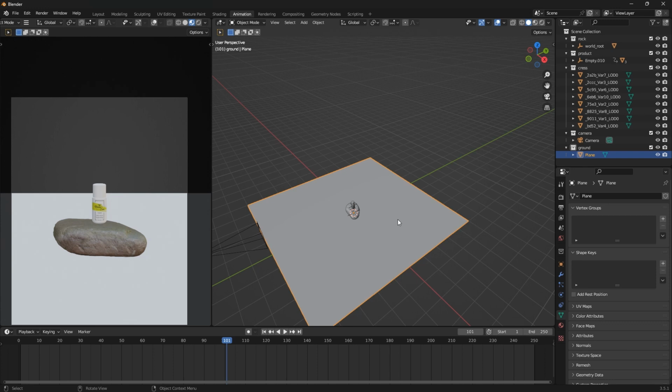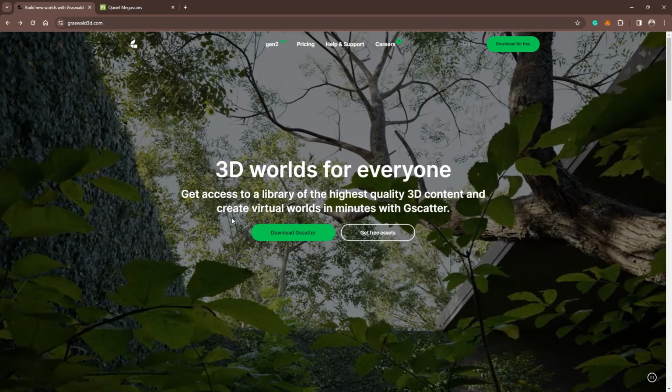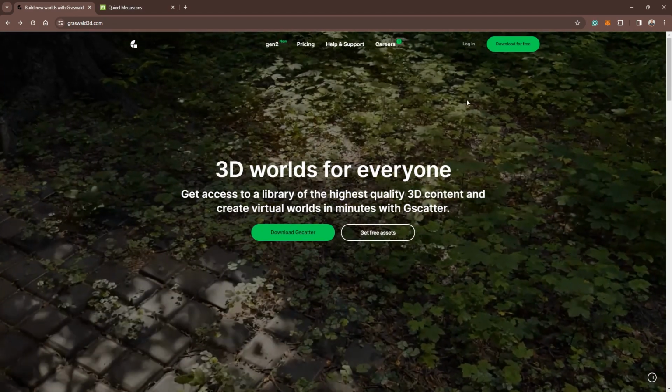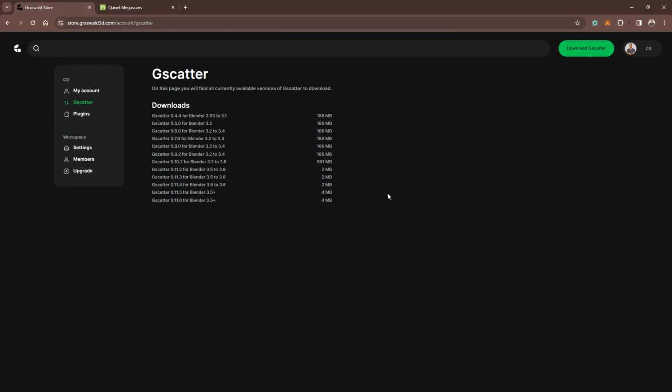If you are downloading the add-on, make sure it fits the Blender version you are using. Let me see if I can pull the website to your screen. All right, so this is the website that I downloaded the add-on from. So you just go here, download for free. They're probably going to ask you to sign up to their website. So I've already signed up. So you go to the